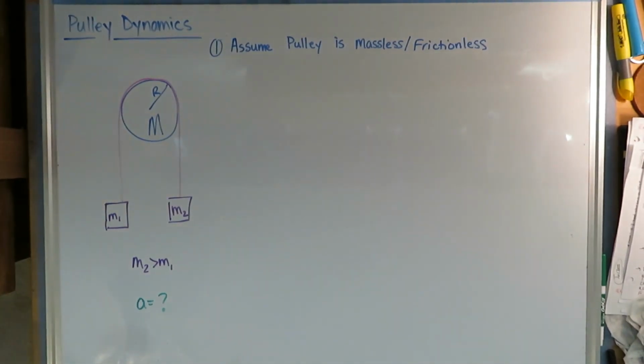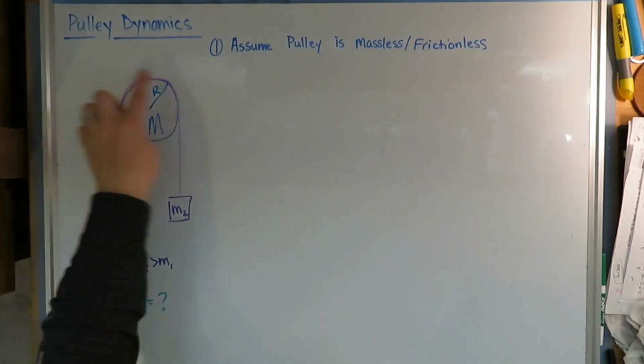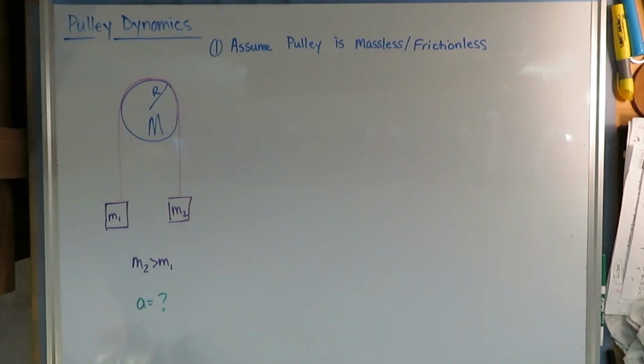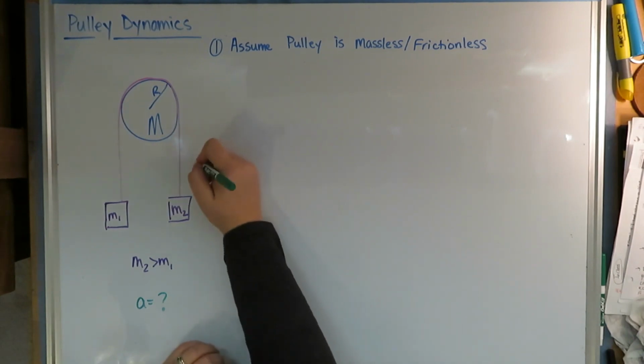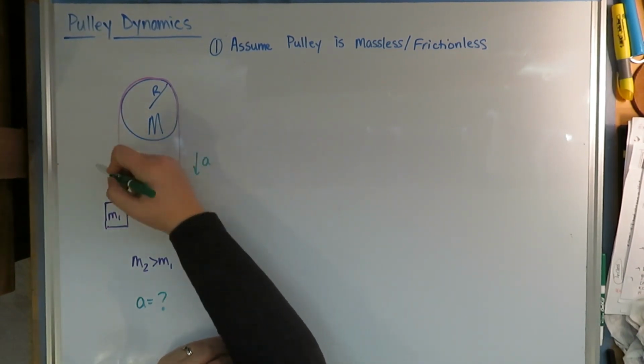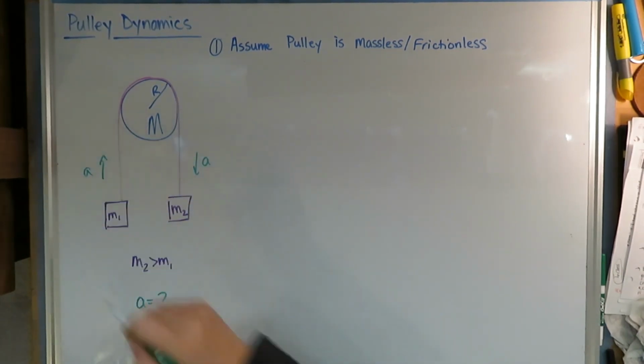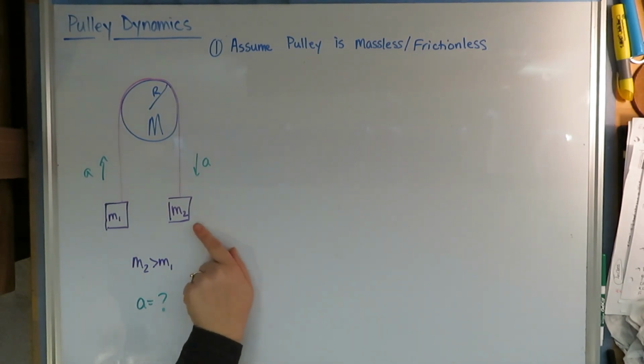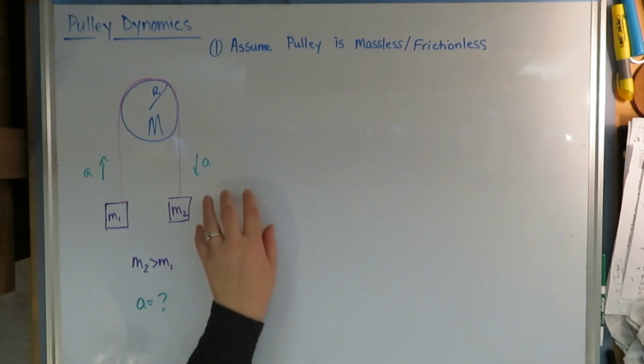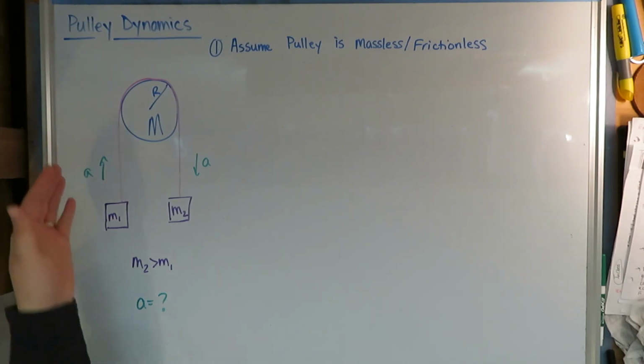Okay, so let's take a look at the Atwood machine problem. The first thing we're going to do is just assume that the pulley is massless and frictionless, and remember what we did with that. What we would have done last semester with a massless frictionless pulley is assume that everything on the string has the same tension, and that the acceleration is the same everywhere, so that this block, when it starts to fall, will have the same acceleration as this block as it starts to